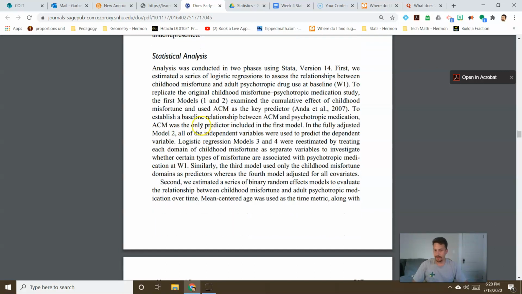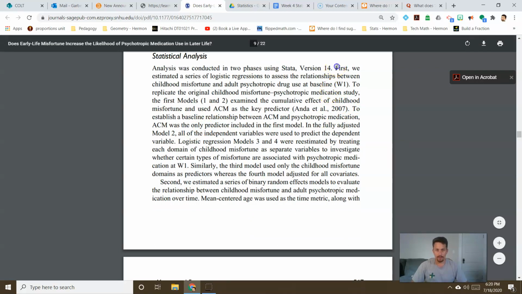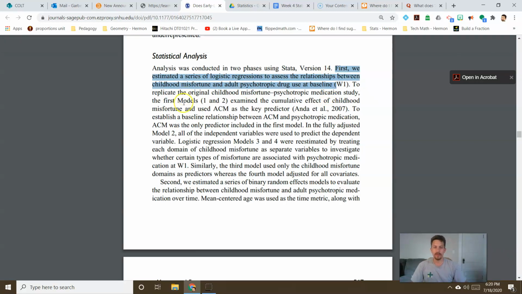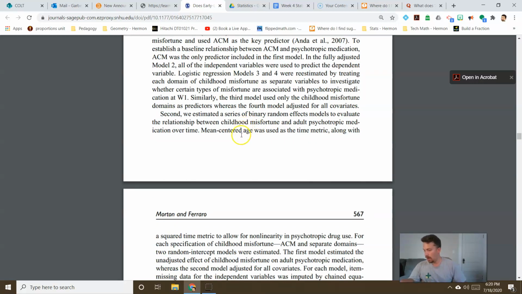So you will read through this if you're doing this article, but the main things that pop out to me are what's written here. First, we estimated a series of logistic regressions to assess the relationships between childhood misfortune and adult psychotropic drug use at baseline. To replicate the original childhood misfortune psychotropic medication study, the first models examined the cumulative effect of childhood misfortune and used ACM as a key predictor. Okay, so I'm not going to just keep reading this here, but what you'll see is that there were 4 models. Okay, and in the second model,